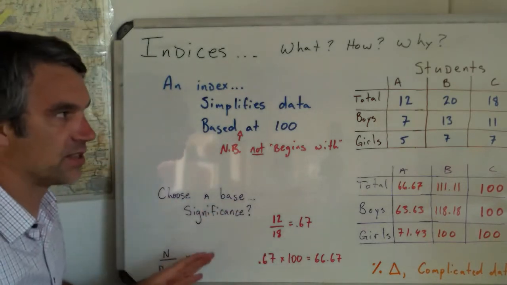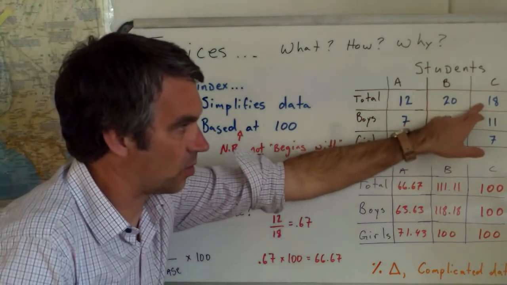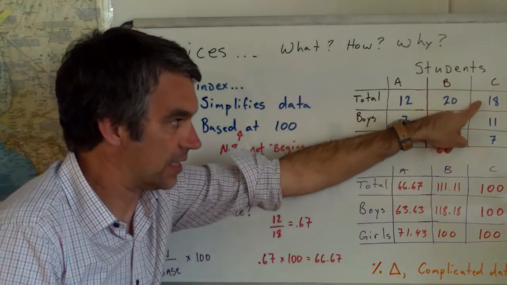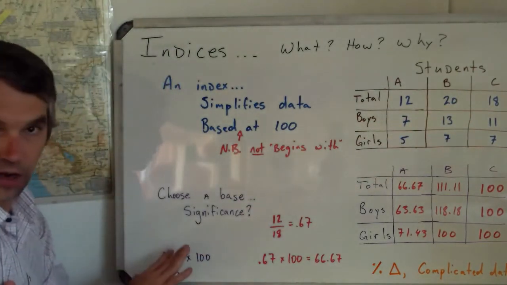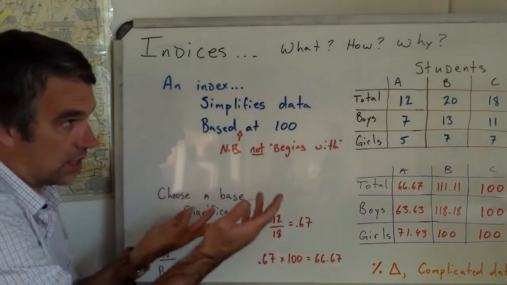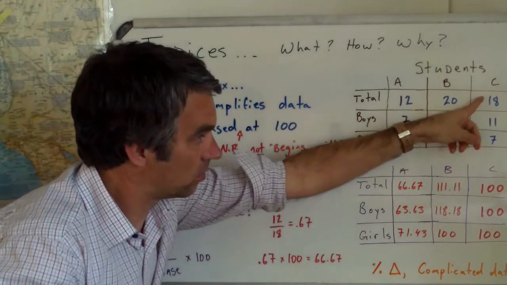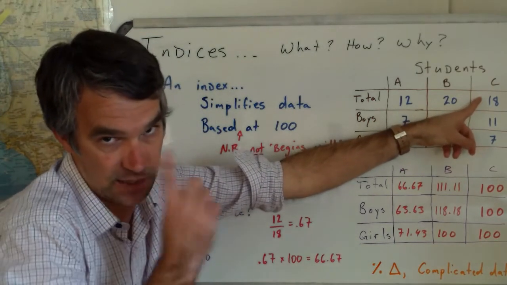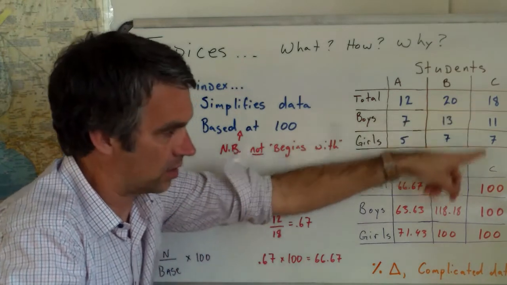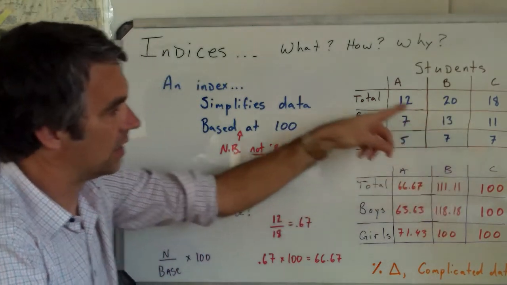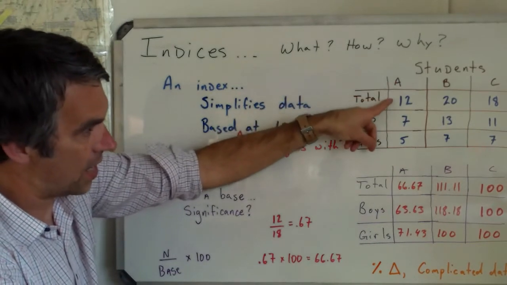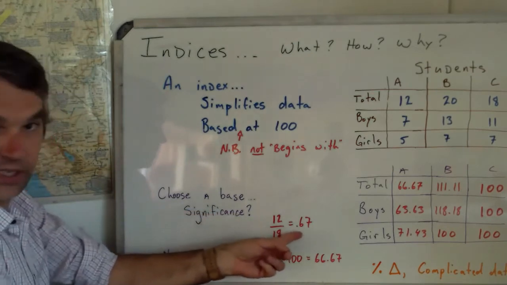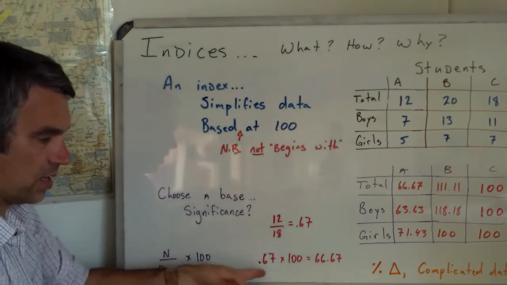So the math of it is very simple. I choose the base year, so right now I'm creating an index for my total students. So I take the base year, 18, and that's going to be the denominator for all of my calculations. To get the index for total students for class C, I take 18 divided by 18, that's 1, and I multiply it by 100, which is 100. To get the index then for A, I take 12 divided by the base year, that comes out to 0.67, and then I multiply it by 100, and that comes out to